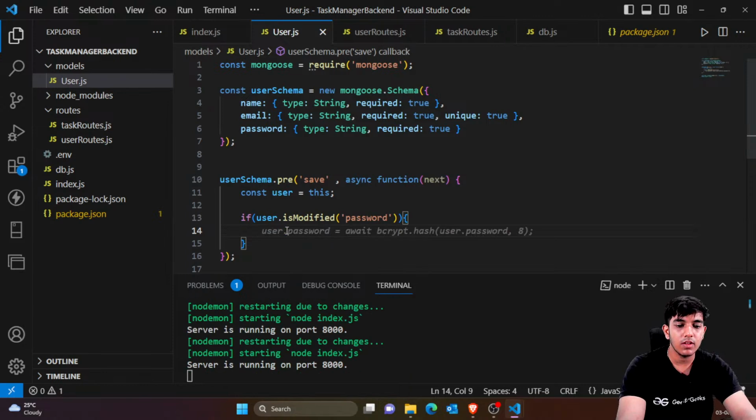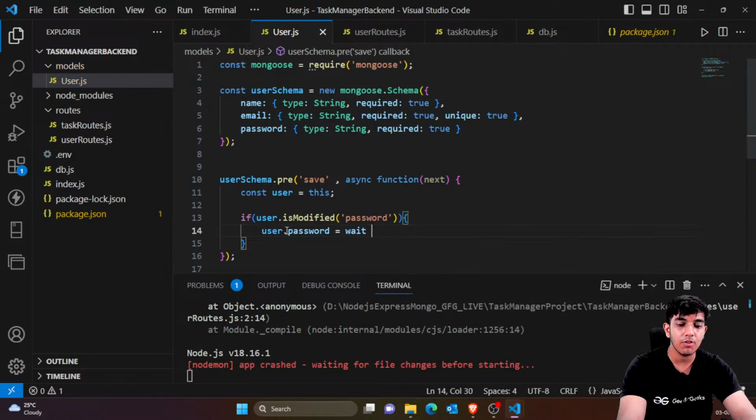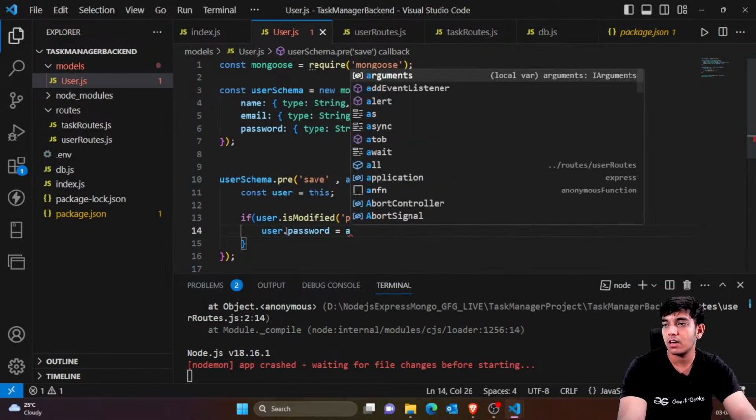Okay, so for that you can simply say user dot password. So this is actually a great way to hash a password, and in the previous videos I have been using a different method for hashing passwords, but this is a very great method. Okay, so we simply say that